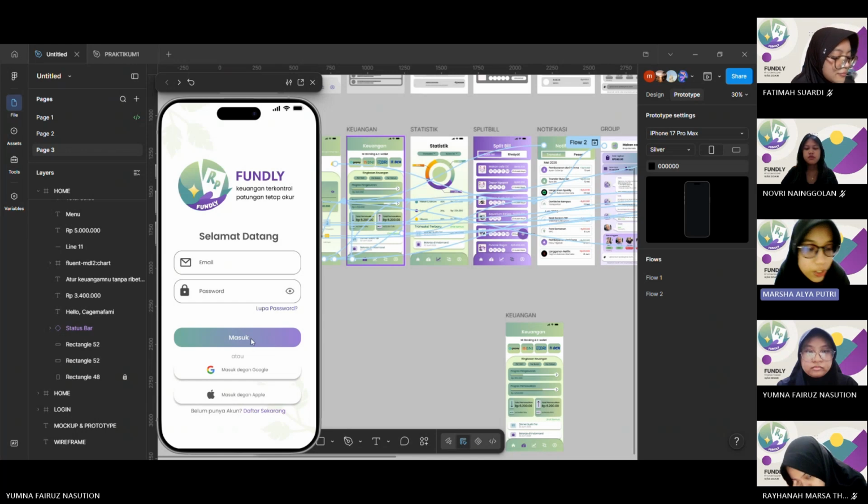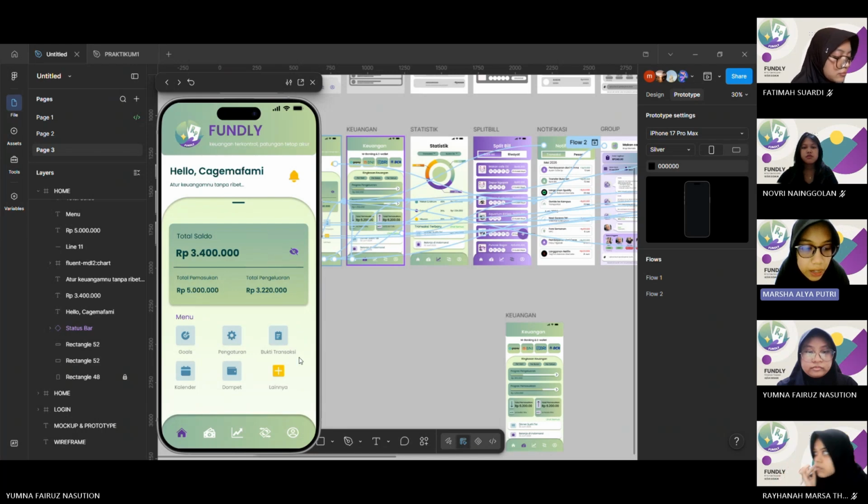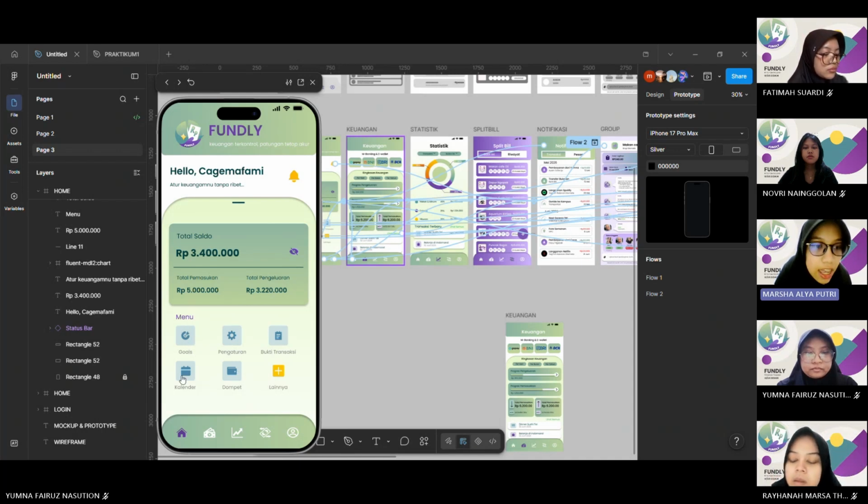The first feature is the home page, which serves as the main dashboard. It provides an overview of the user's balance, income, expenses, and quick access to the application's key features. And here in the menu, we have goals, settings, transactions, calendar, wallet, and others.